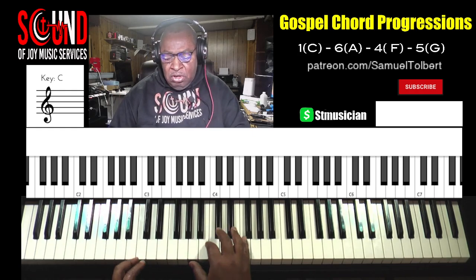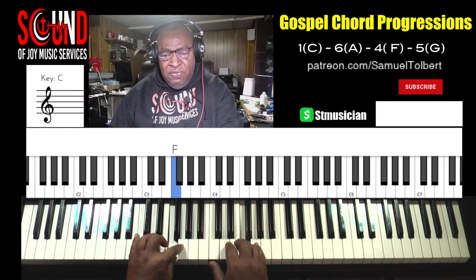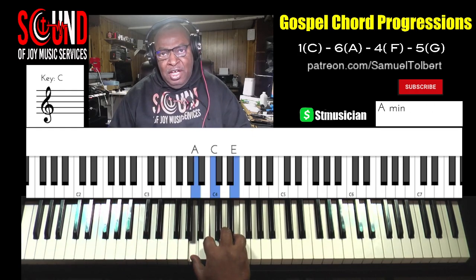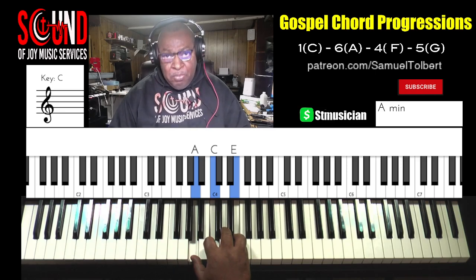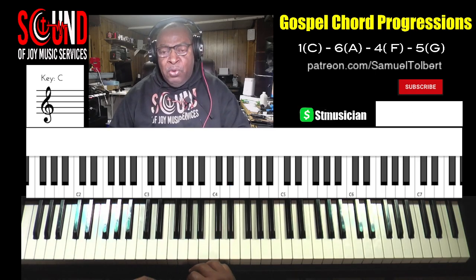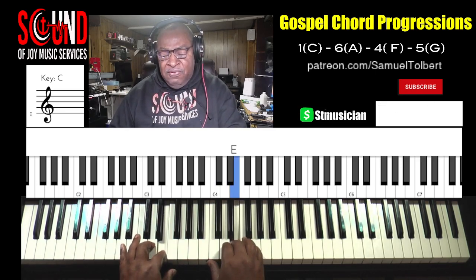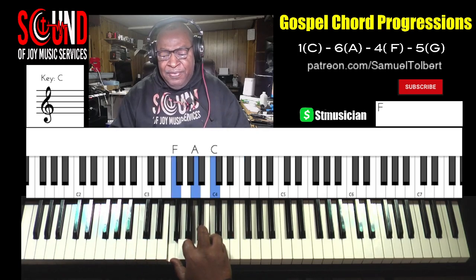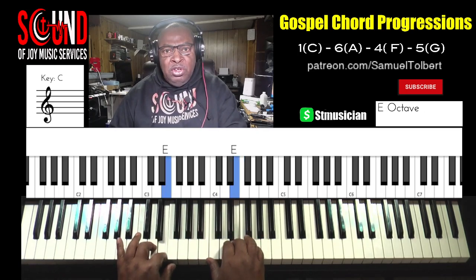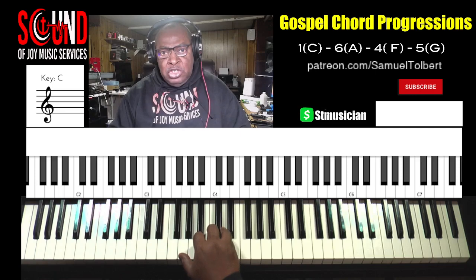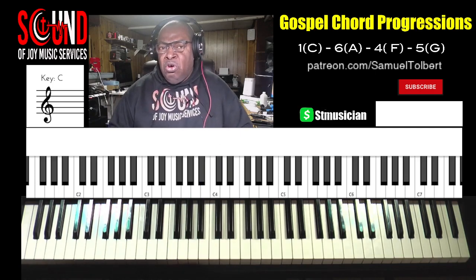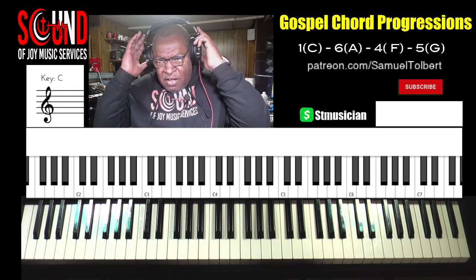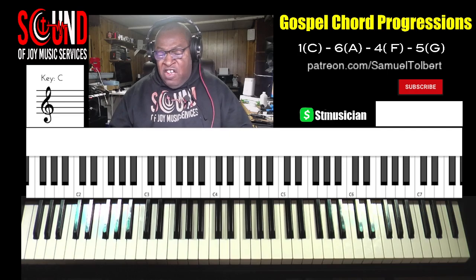our 6th chord, which is 1, 2, 3, 4, 5, 6, the A minor. These are now prevalent chords in gospel music. The 4 chord in F, 1, 2, 3, 4, there's our F. And then 1, 2, 3, 4, 5, our G. Now those chords alone by themselves, thousands of songs have been written on